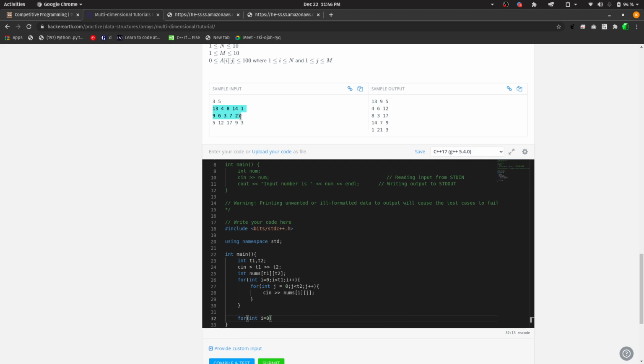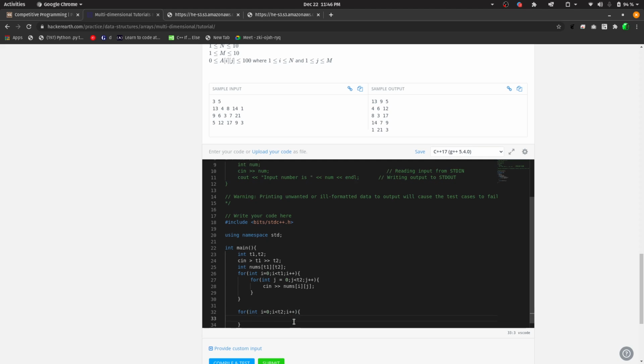So firstly the row is 0, and i should be smaller than t2, as this should run 5 times. Okay,